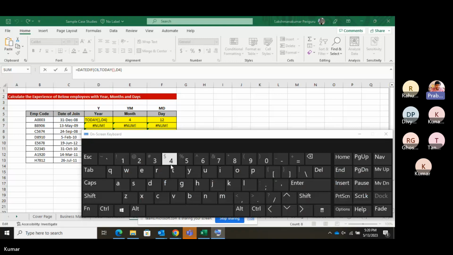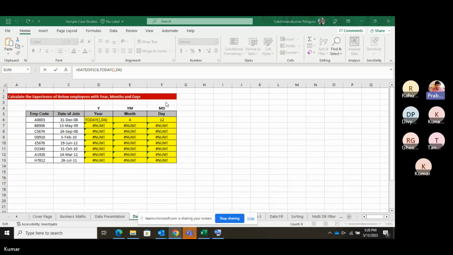Forget about that key. On your keyboard, keep your cursor before D, and use the dollar symbol by numerical 4, shift 4. Yeah, now I have done that. Again before 4, again go for shift 4. Yeah. Now